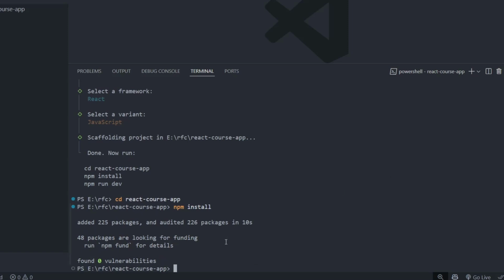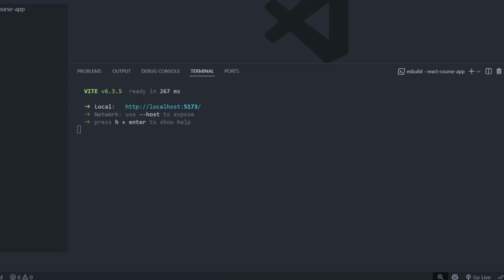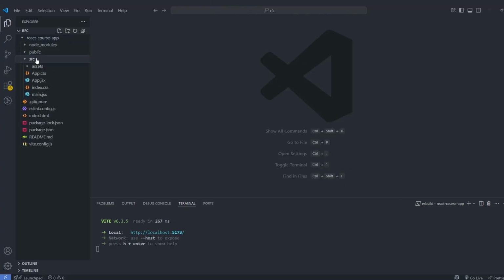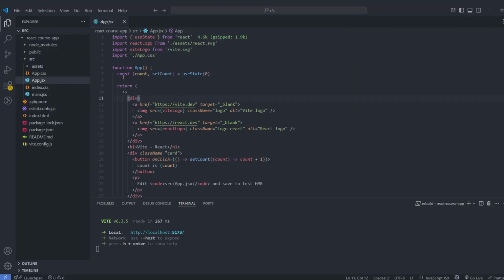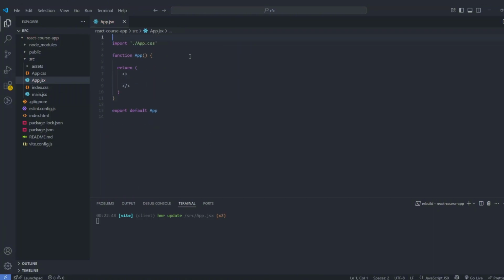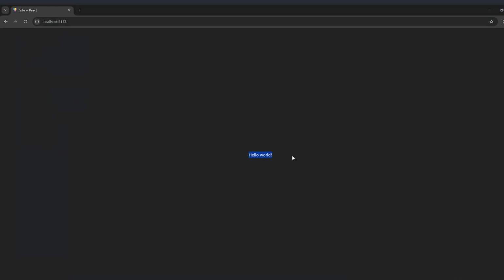Now that your Vite-powered React app is running, let's clean things up. If you open the browser, you'll see the default Vite screen with a spinning logo and some text. That's all boilerplate, and we don't need it. First, open App.jsx. You'll see a bunch of JSX, including the Vite logo, some links, and styling. Delete everything inside the return block and replace it with a simple Hello World, just to confirm that everything